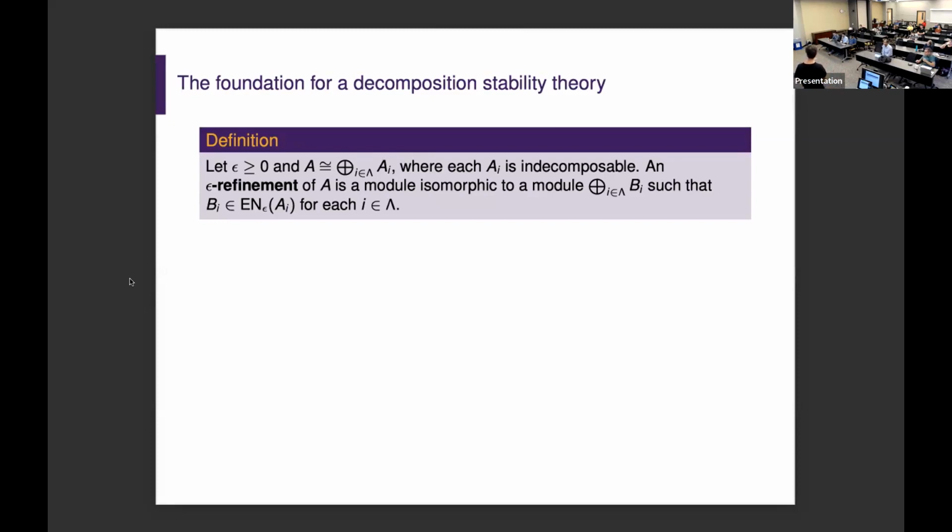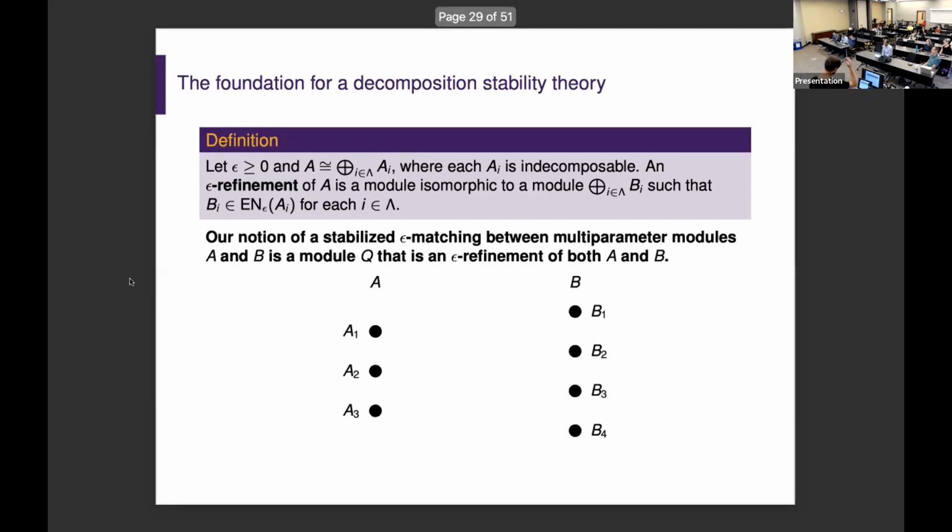And that means that we have summands of A that we maybe shrink, maybe split apart, but we're not gluing together anything. And this leads us to our notion of a stabilized epsilon matching. This stabilized epsilon matching between two modules A and B is a module that's an epsilon refinement of both